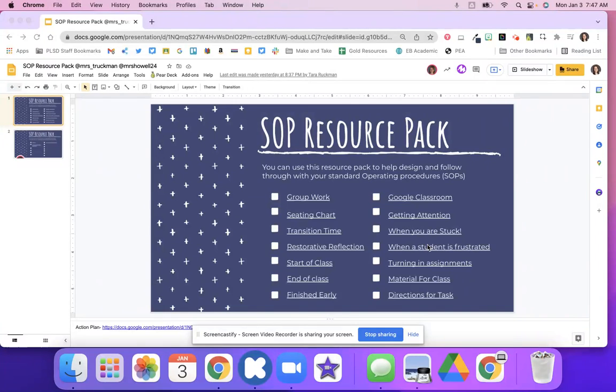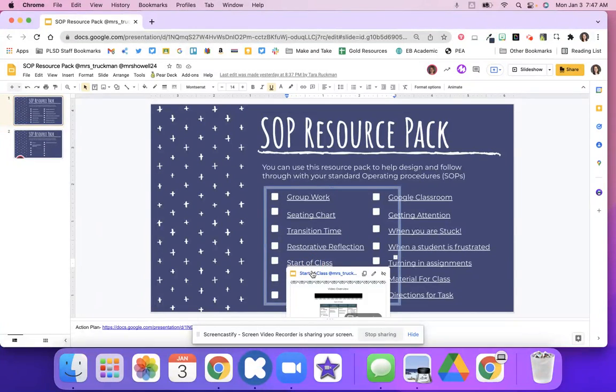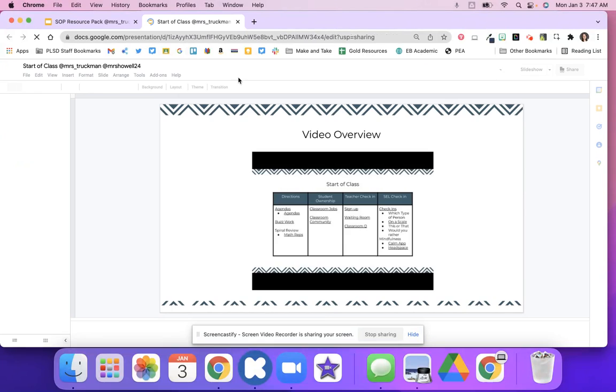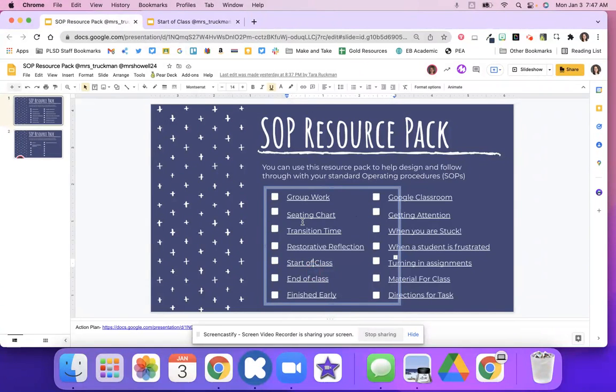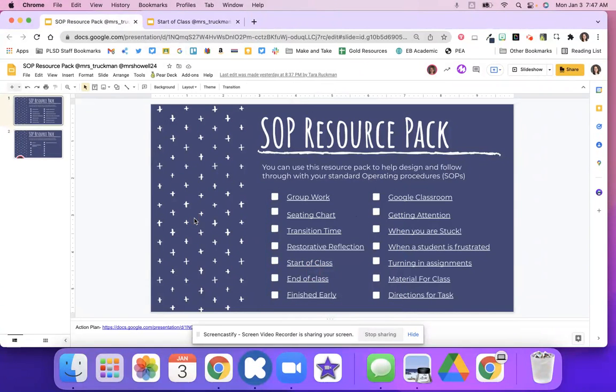This is a SOP resource pack. You will be able to use this resource pack to help you design and customize your own standard operating procedures, or SOPs. So, when it comes to maybe the start of class, you'll click this link to get a ton of ideas. Once you click whatever SOP you're thinking about,